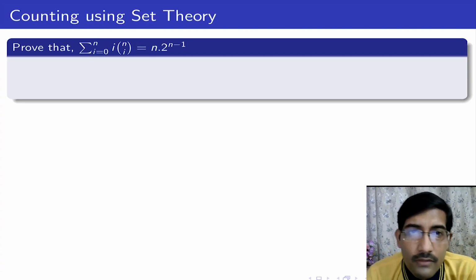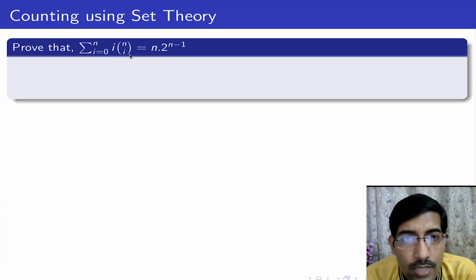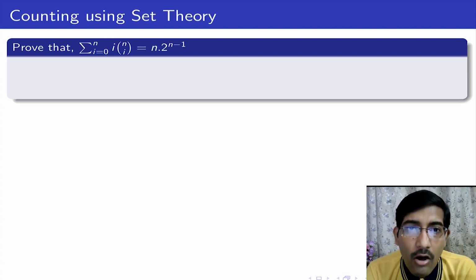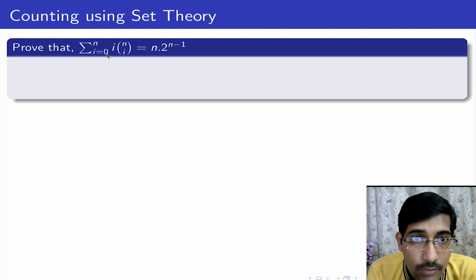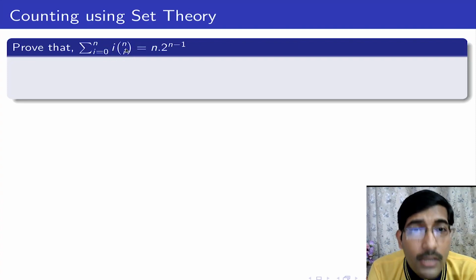So to analyze, first let us see what this particular part says. N choose I means I am trying to choose a subset of I elements from n elements, and n choose I is the number of such possibilities. So n choose I says the number of choices for a subset of I length. Remember, I is the size of each of them. So therefore I am adding up the sizes of all the subsets of length I.